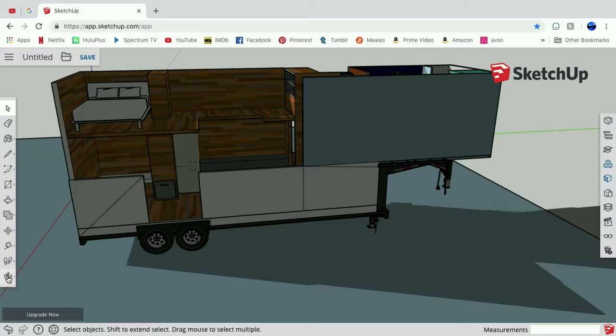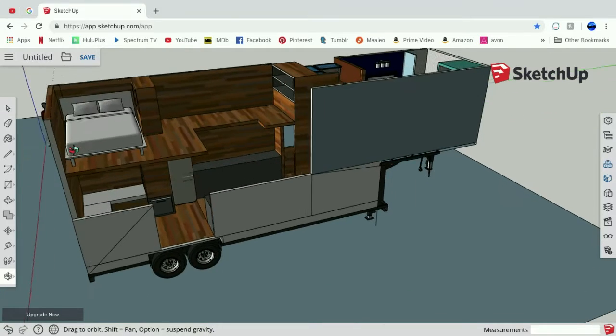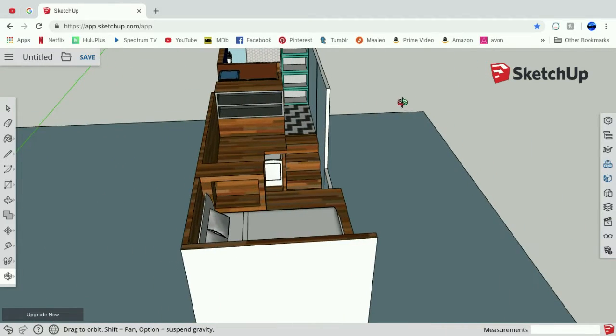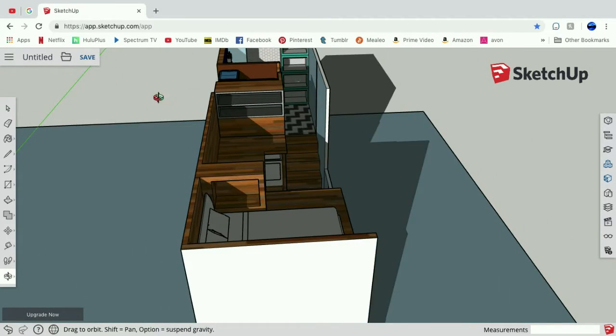I am back with the SketchUp app on the website, and as you can see, this is the website right here. It's pretty easy to go to. You could just go to sketchup.com and sign up, log in with a Google account. It's pretty awesome. Saves all of your things in the app itself online, so you don't actually need any computer